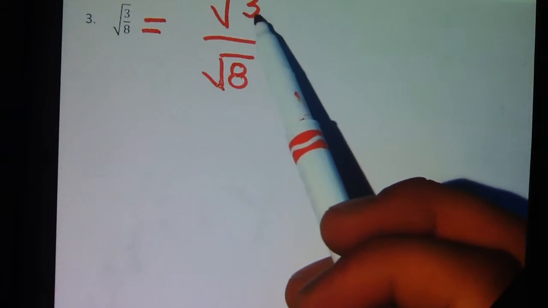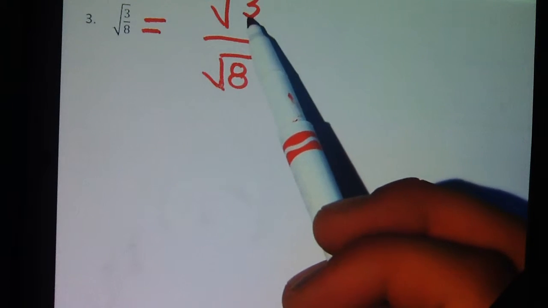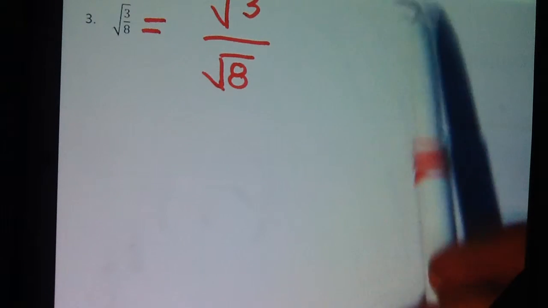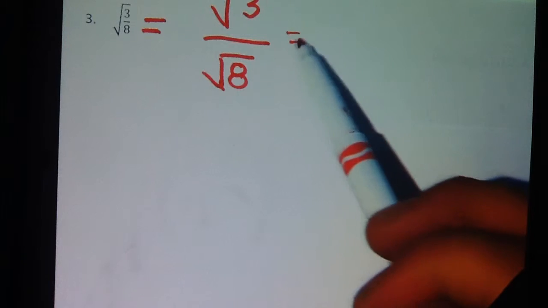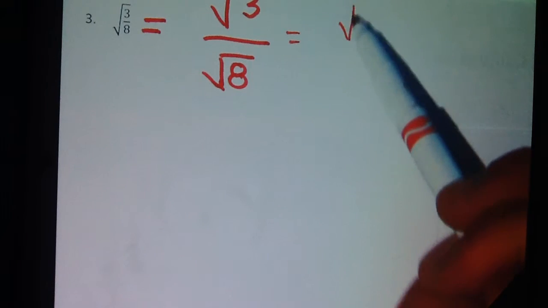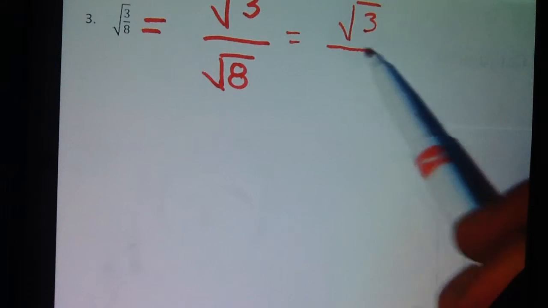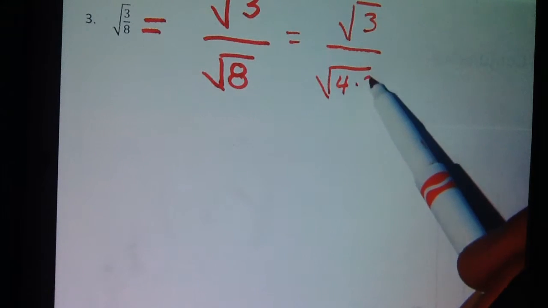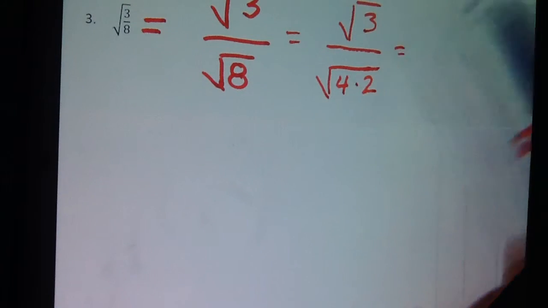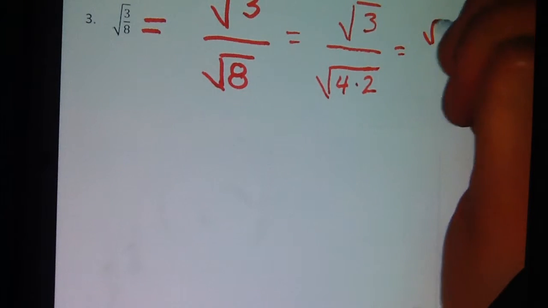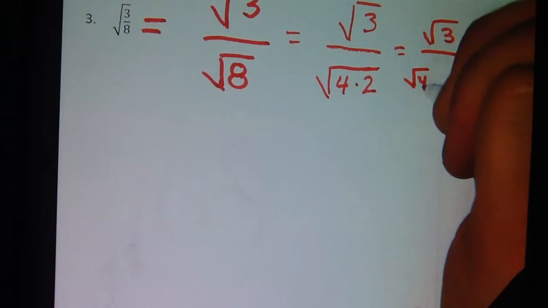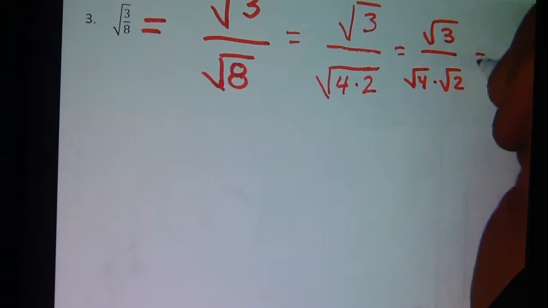3 is simplified. You can't go any further. There's no square number that's going to go into 3. But there is a square number that goes into 8, and which is 4. So we're going to get the square root of 3 divided by the square root of 4 times 2, which is equal to the square root of 3 divided by root 4 times root 2, which is equal to the